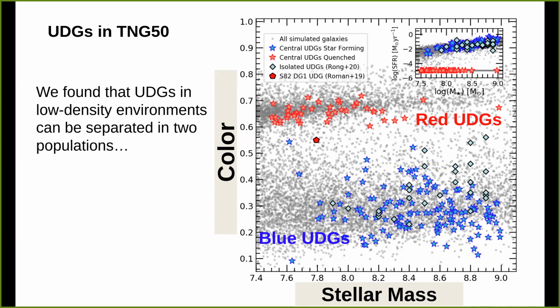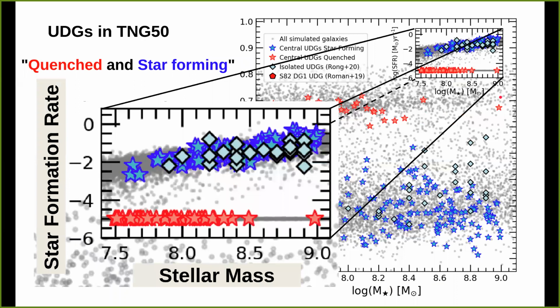We find that low-density UDGs are typically blue, but to our surprise, we found a population that occupies the red sequence. We refer to them as blue and red UDGs in what follows. And their colors are very well correlated with the star formation rate,